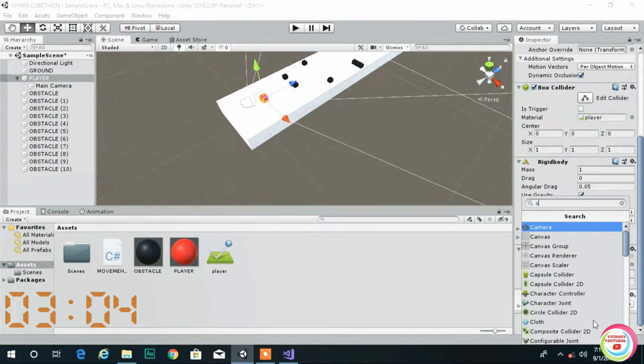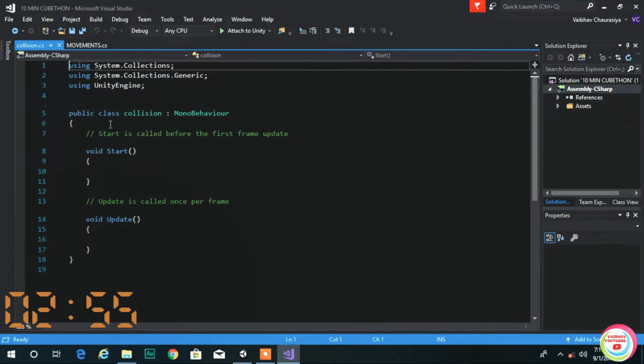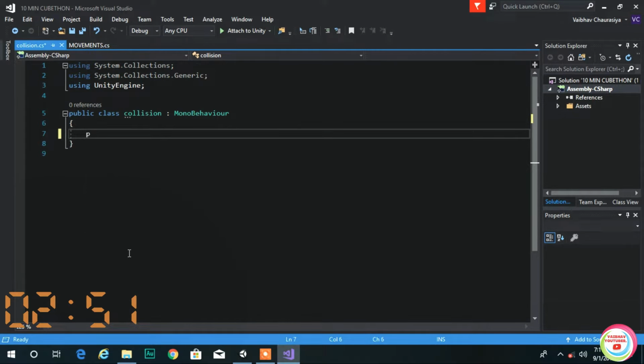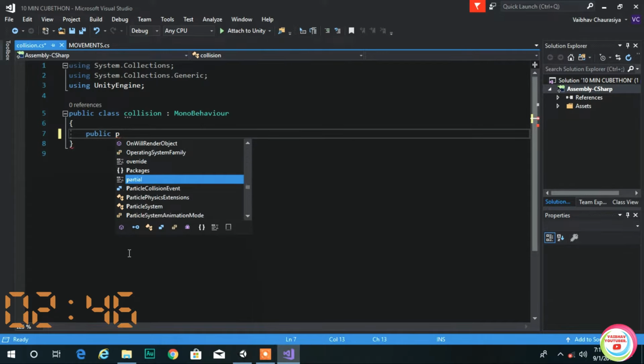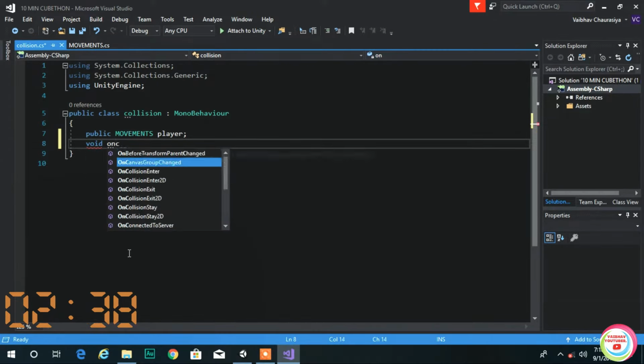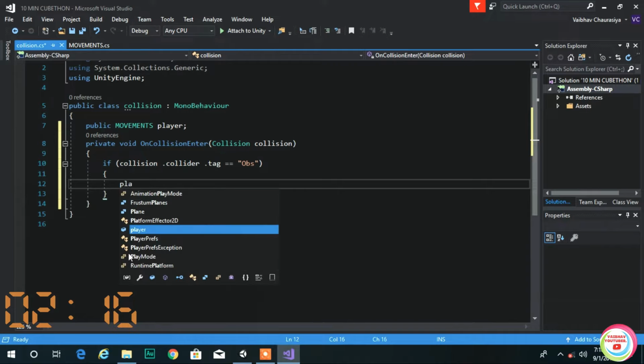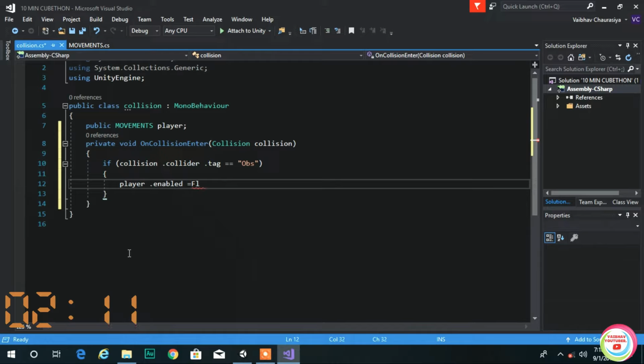And add another script named collision, double click to open it and delete our Start and Update methods and write public movements and name it player, and make a void OnCollisionEnter. So if collision dot collider dot tag is double equal to obs, then player dot enabled is equal to false, save it, head back to Unity